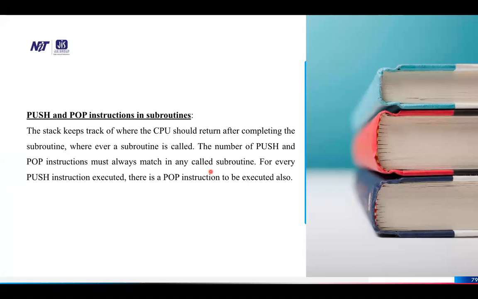Wherever a subroutine is called, the number of push and pop instructions must always match in any called subroutine. For every push instruction executed, there must also be a pop instruction executed.